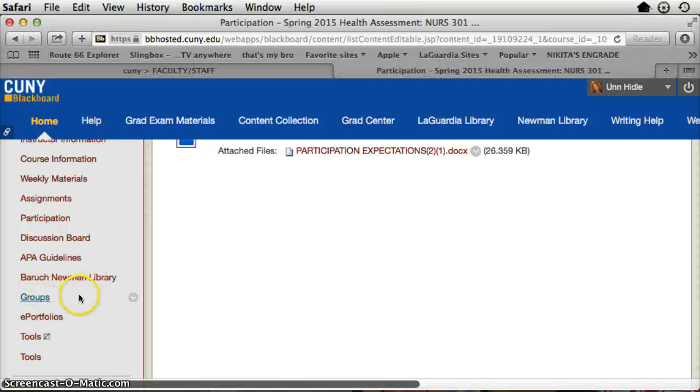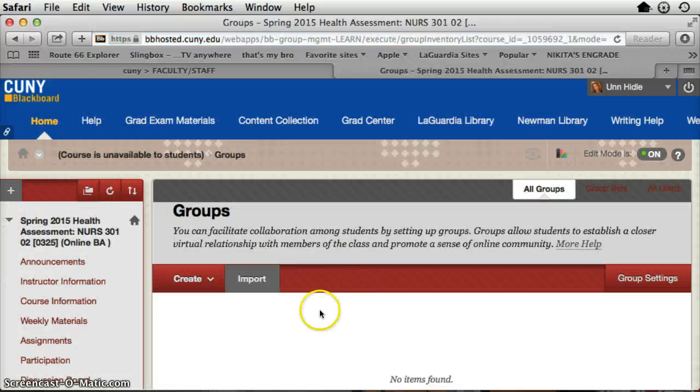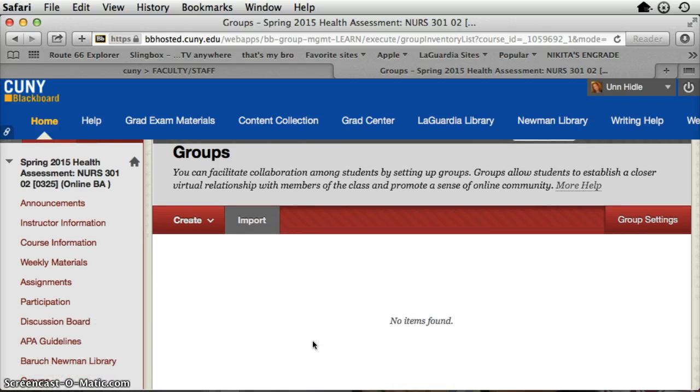Now, the group area is blank right now, but this is where you're going to be assigned into smaller groups because you're going to have a collaborative group assignment that is due, I believe, week 9. It is under your assignments, but you're going to develop a PowerPoint and you need to correspond with each other. So again, these groups will be set up in the next couple of weeks so you can get started on